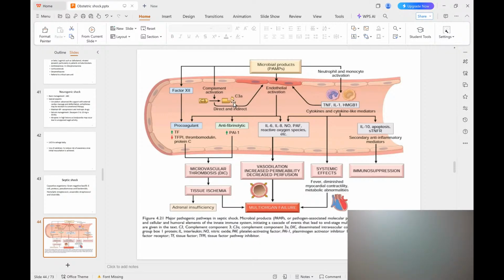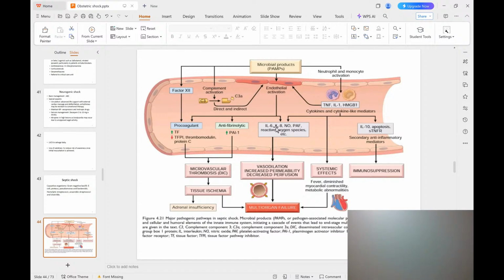Component C3a is mainly responsible, and with factor 12 activation, there will be a procoagulant state with increased tissue factor and a decrease in tissue factor pathway inhibitor, thrombomodulin, fluorescein. All these will cause an increase in microvascular thrombosis, that is DIC, causing tissue ischemia, also adrenal insufficiency and multi-organ failure,